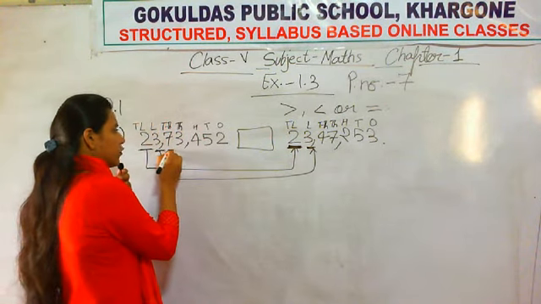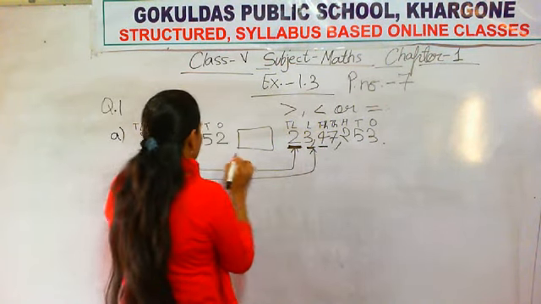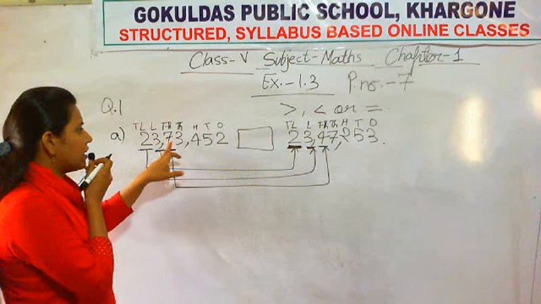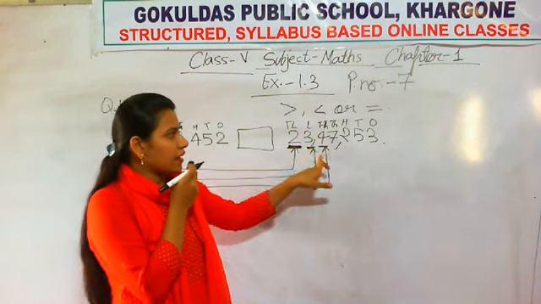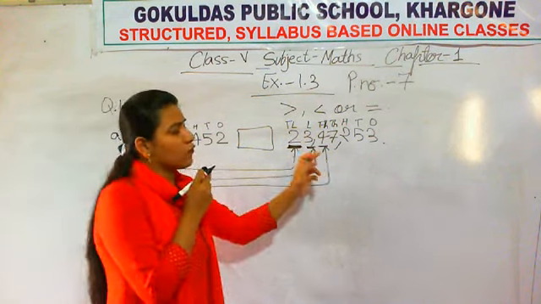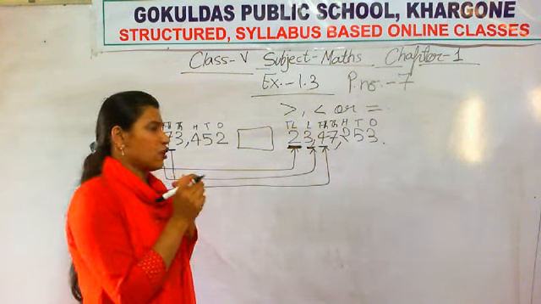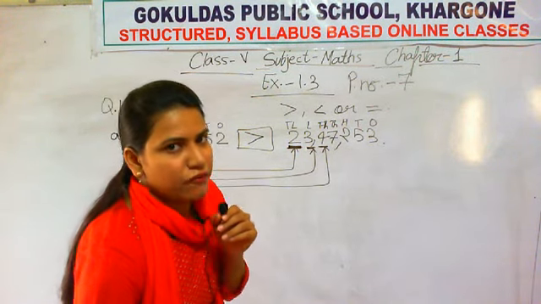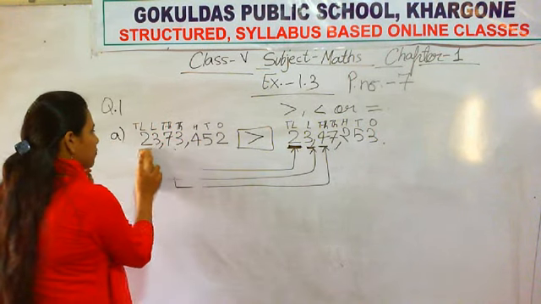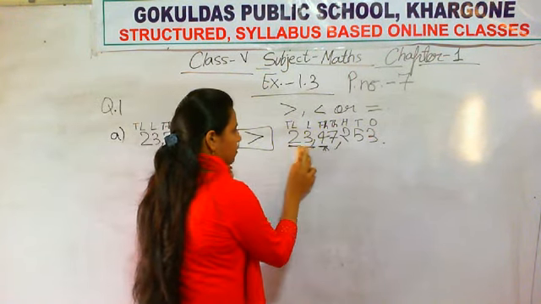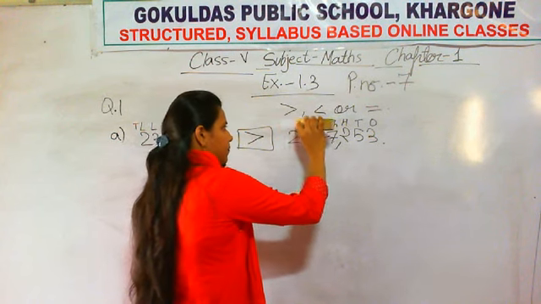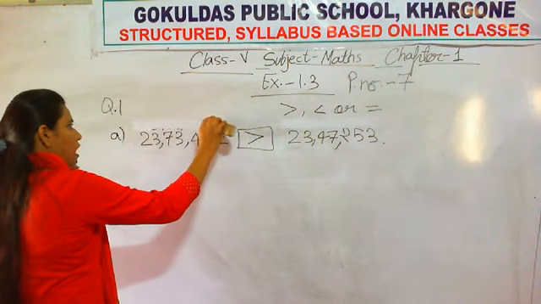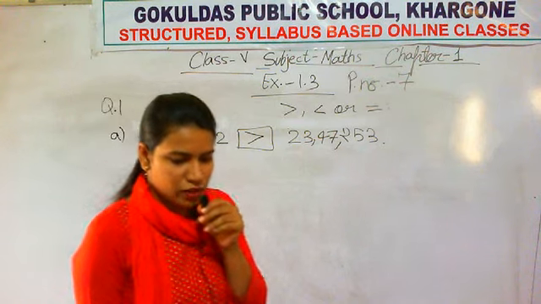Now move towards the next highest place, which is 10,000. Here at 10,000 there is 7, and here at 10,000 there is 4. So is 7 greater or 4 greater? 7 is greater, obviously, so this number will be greater. This is how we do the comparison using those three rules. When we have compared the numbers, we can erase the pencil marks.